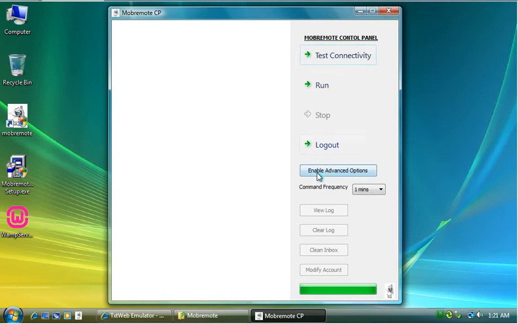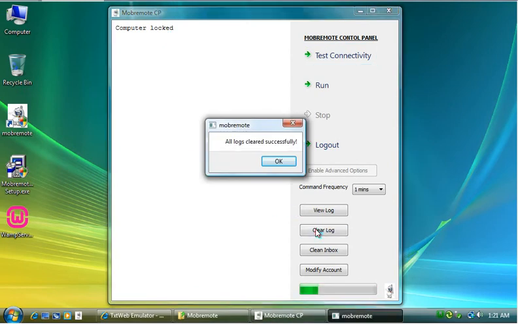And to check if my command was executed, I enable advanced options and select view log. And you see, the computer log records whatever command it executes, or does not execute. Whatever it gets from your email, it will record, whether it's supported or not. So I get a confirmation that I was away, I sent that command, and it really got executed. In order to clear it, I just press the clear log button,